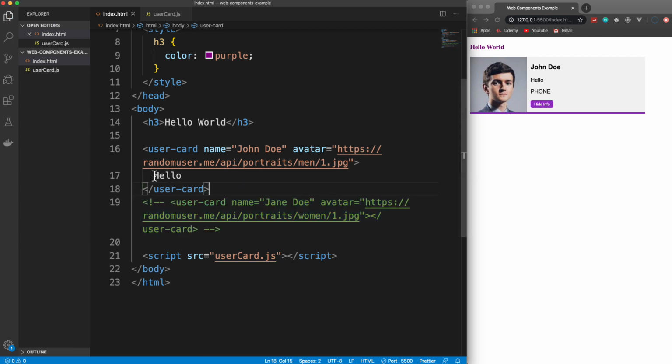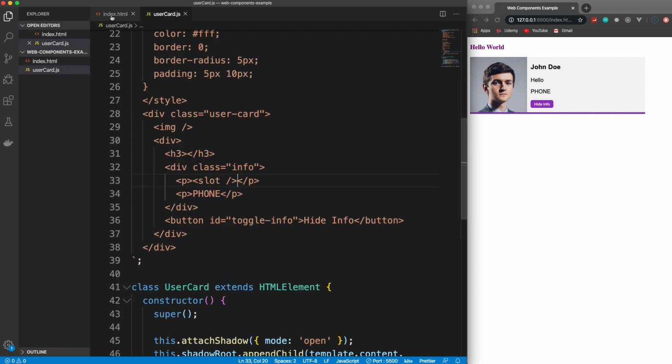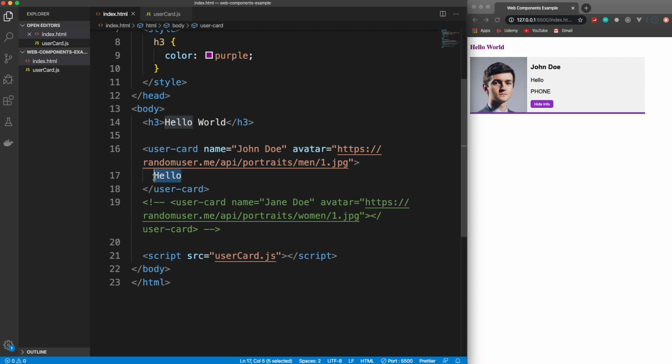So if you just have one thing that you want to put inside here, you can just put whatever you want and then just use slot. Now we have two things that we want to add. We want to add an email and a phone. So what we can do is inside here, instead of just putting hello or whatever, an email, we're going to add a div and we're going to give it a slot attribute. Okay, and in this slot attribute, we're going to say email. And then we'll pass in some email. Let's say